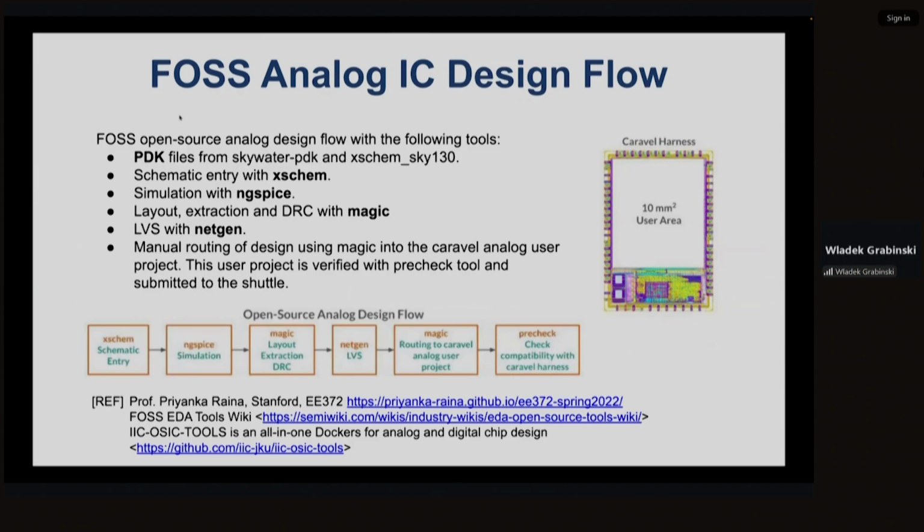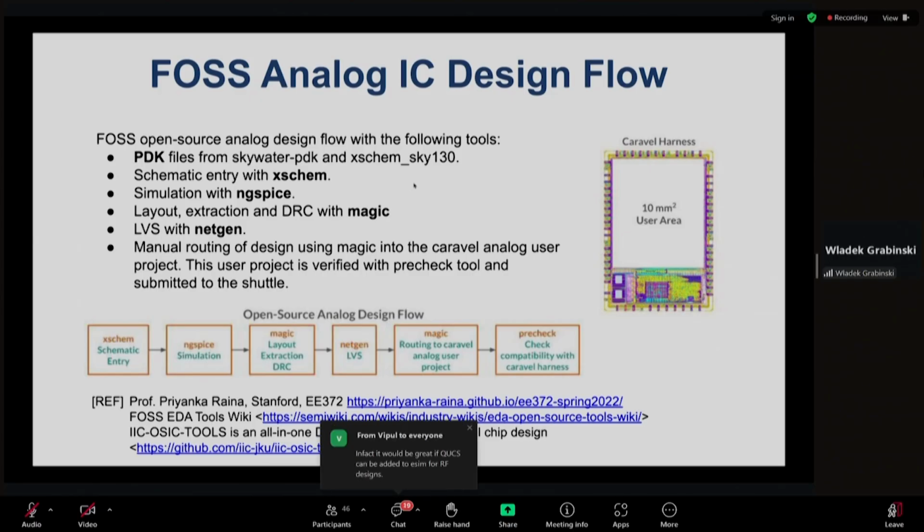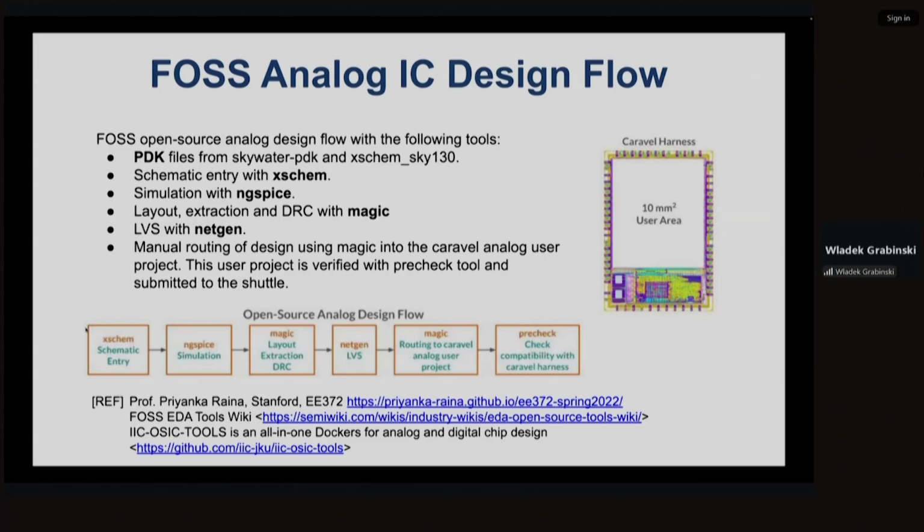To start with free open source software for analog IC design, we have a couple of different options. Professor Murmann at Stanford University was the very first to set up such a flow for analog RF design, starting with XSCHEM for schematic entry and ngSpice for transistor level SPICE simulation.